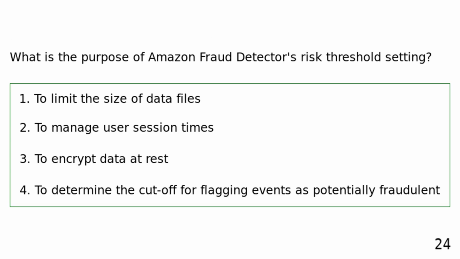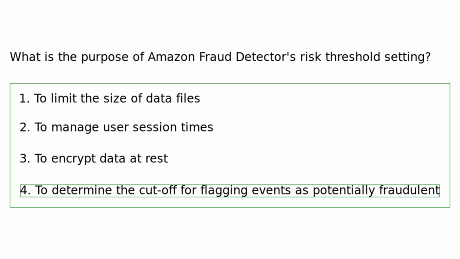What is the purpose of Amazon Fraud Detector's risk threshold setting? To limit the size of data files. To manage user session times. To encrypt data at rest. To determine the cutoff for flagging events as potentially fraudulent. The purpose of the risk threshold setting in Amazon Fraud Detector is to determine the cutoff point for flagging events